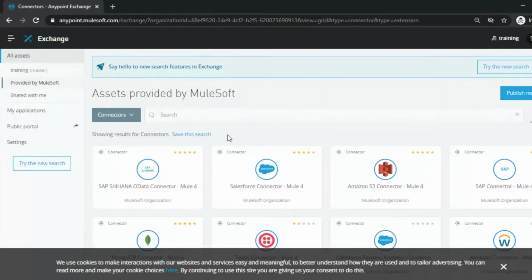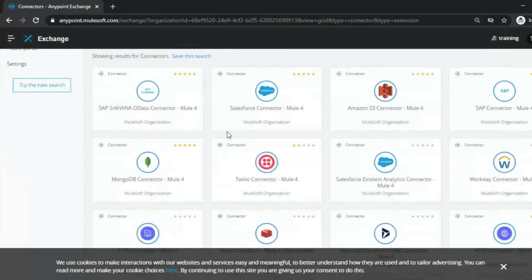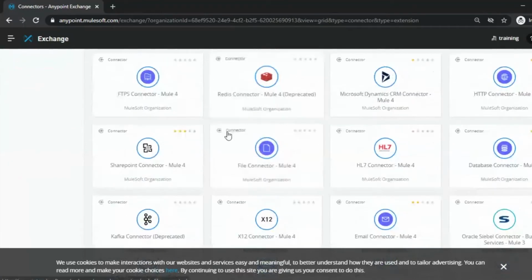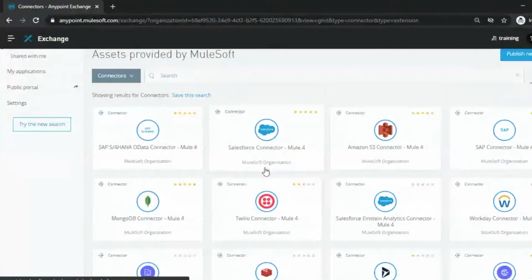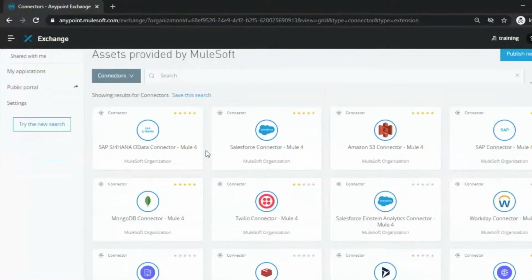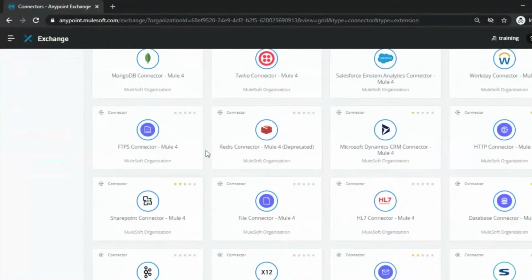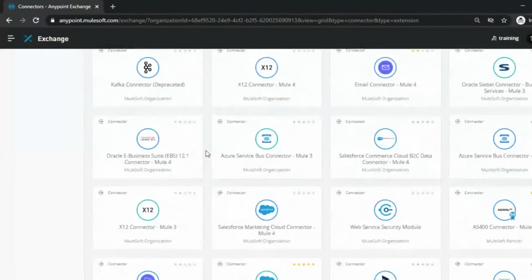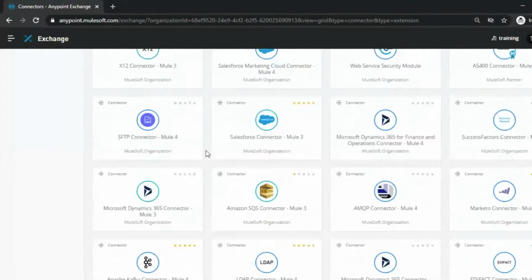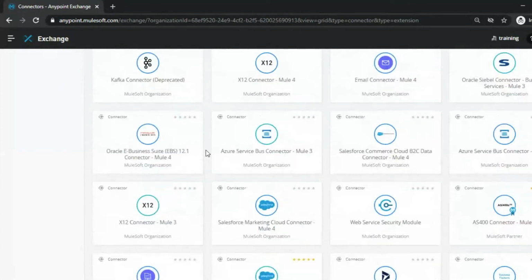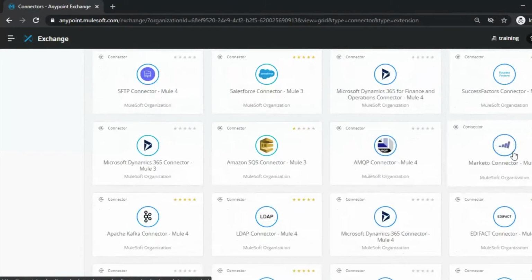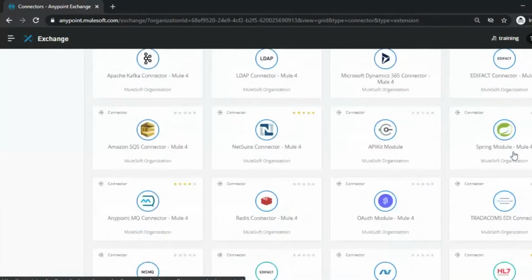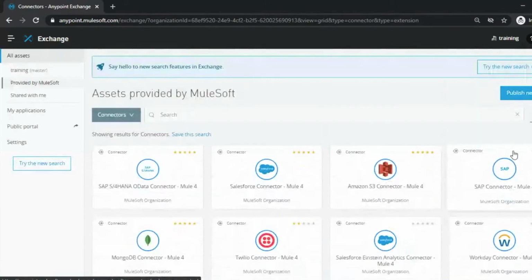So I am filtering based on connectors. You can see various connectors available over here. You can see here the Salesforce connector for Mule 4, the Azure Service Bus connector, so various connectors you can see over here.